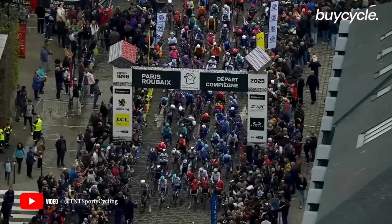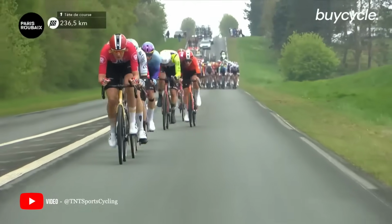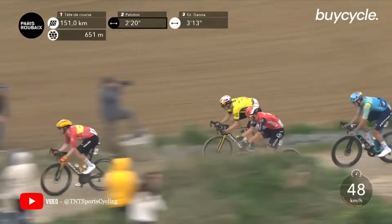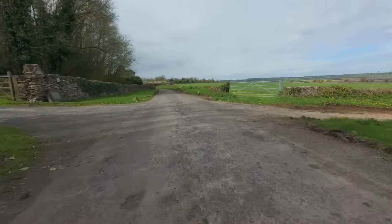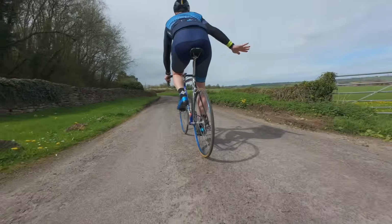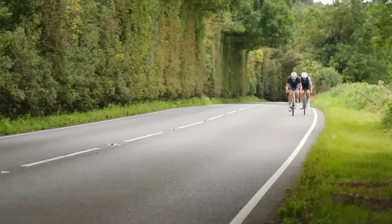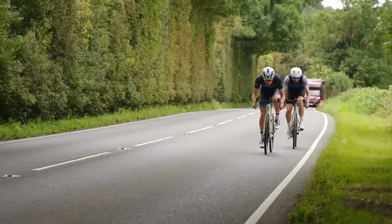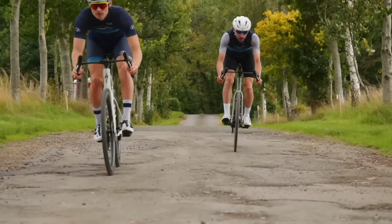Forget the Tour de France, it's usually the one-day classics where the pro teams and riders pull out all the stops and their latest and most envelope-pushing cycling tech. And that's great because usually the rides that you and I do look a lot more like the dodgy lanes of Paris-Roubaix than the perfectly smooth tarmac that the pros usually get to ride. So, without further ado, here's some ideas of what you can copy to optimize your bike for both speed and